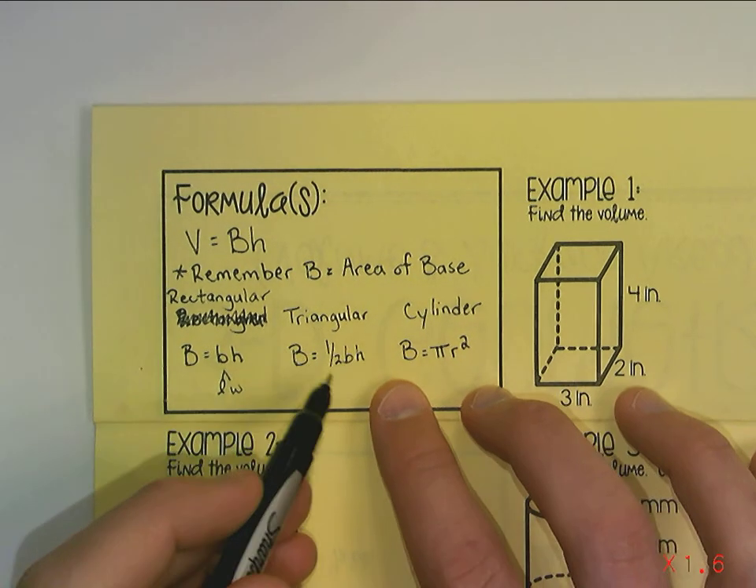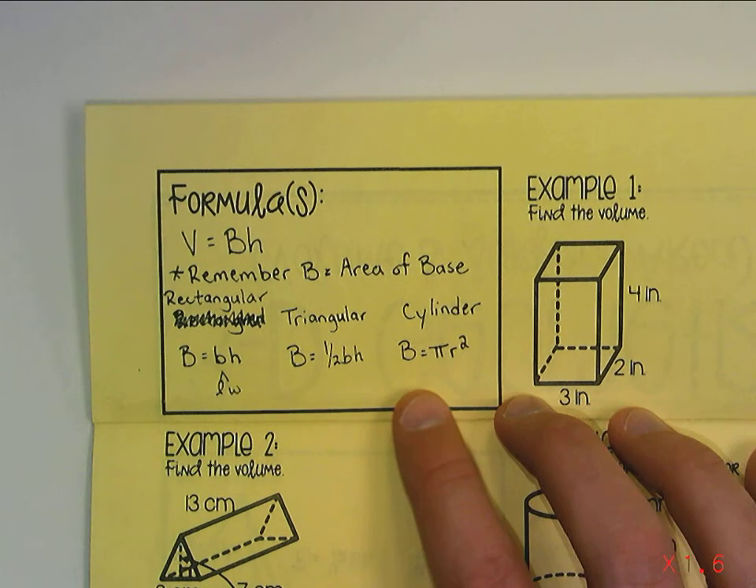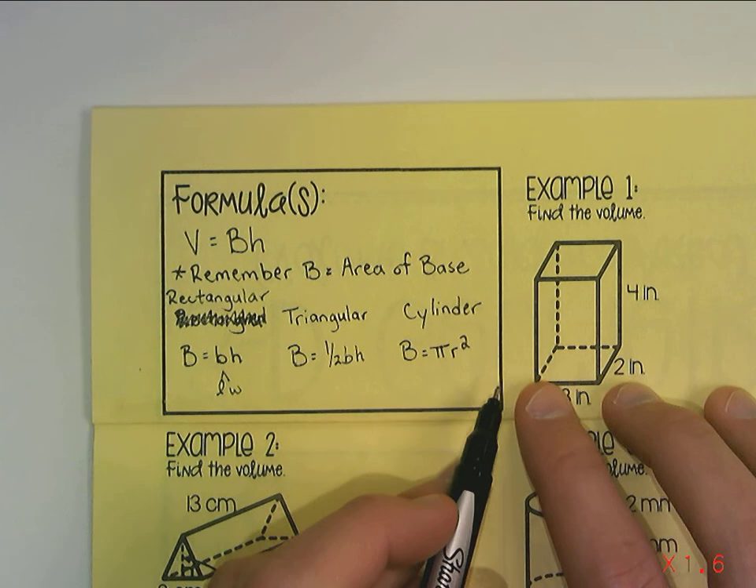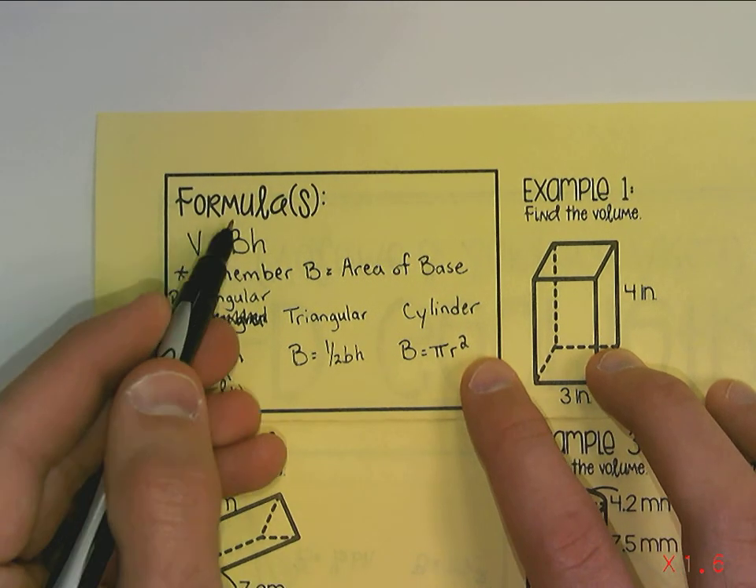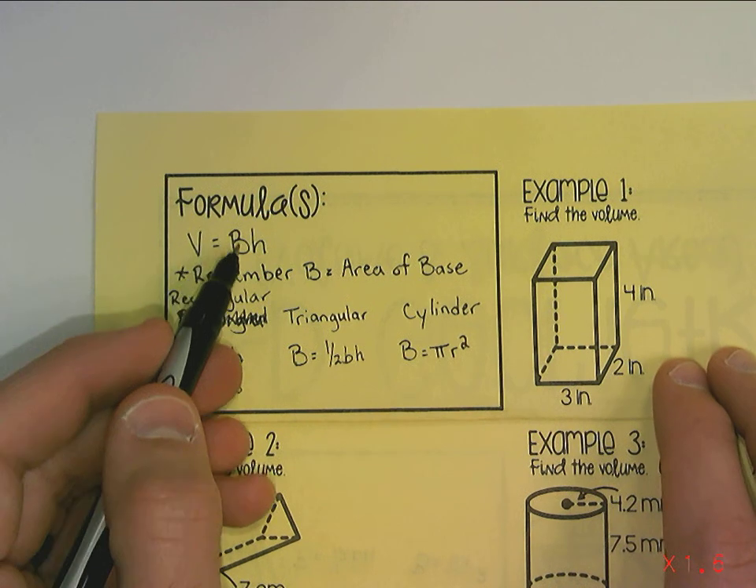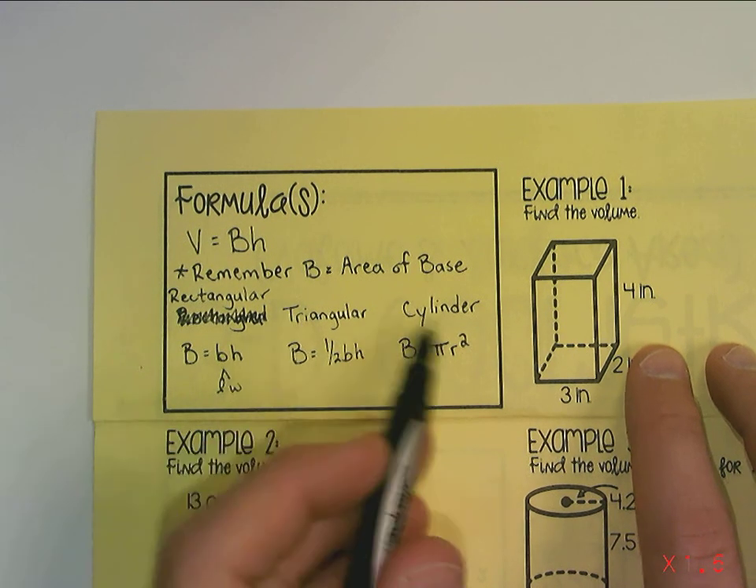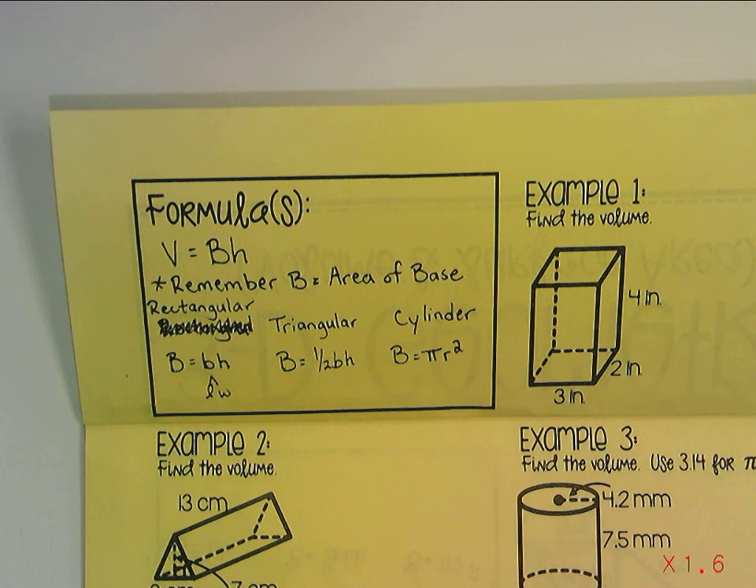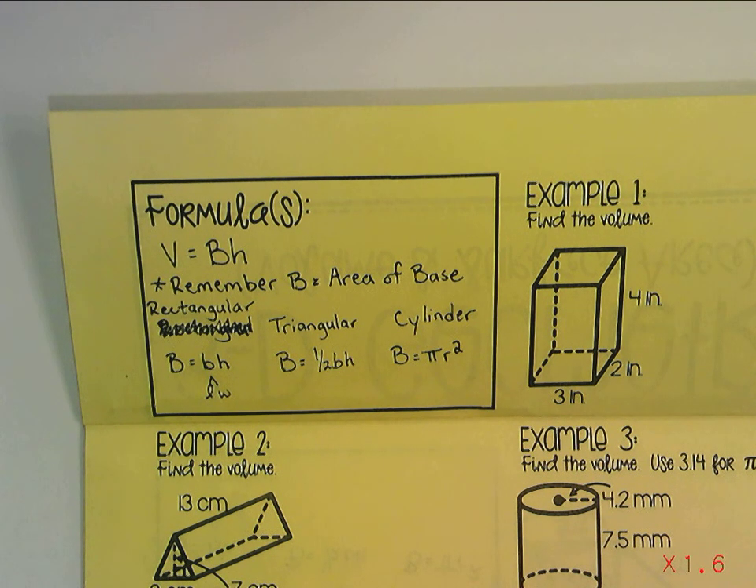For a triangular base, it'd be 1/2 base times height. And for a cylinder, it would be pi r squared. So whenever you see a big B, it's not just whatever the base is, it's whatever the area of the base is. So keep that in mind. That will be necessary throughout today's lesson. So let's first and foremost start with